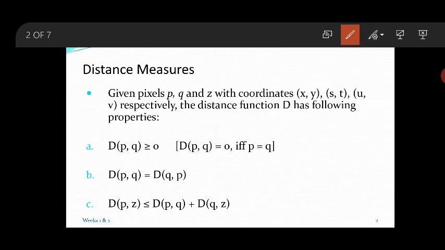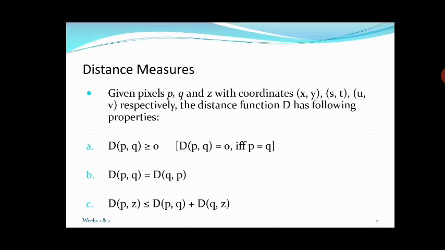Means the distance between the adjacent. How can you move? You can't move directly to another far away pixel. You have to go to its adjacent pixel, then its neighboring adjacent pixel. Like this you need to move pixel by pixel, and reach the end pixel where you are interested. That is the operation of distance measures, how we have to proceed.